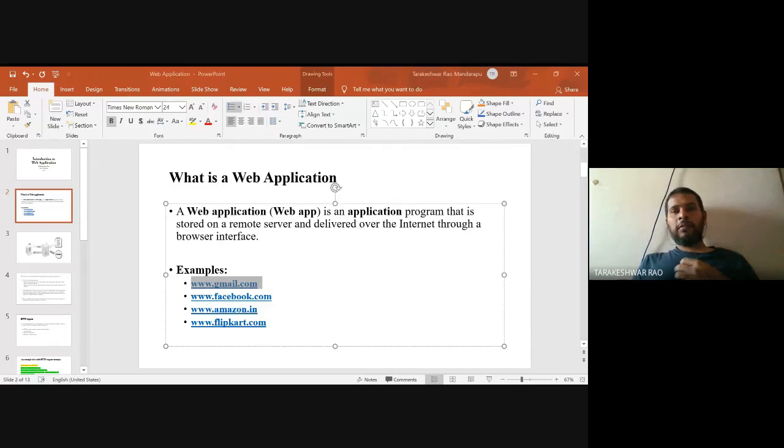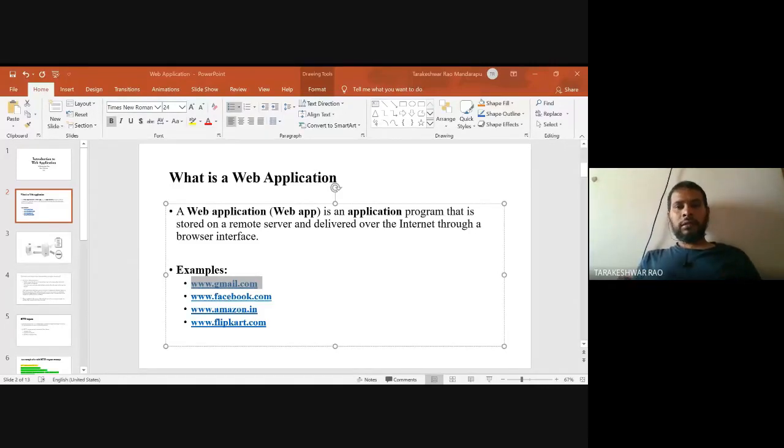And one more additional feature I forgot to mention in standalone application. So three features you can have: does not require internet, only one user can use it at a time, and the third feature is it runs on a local computer system, right?